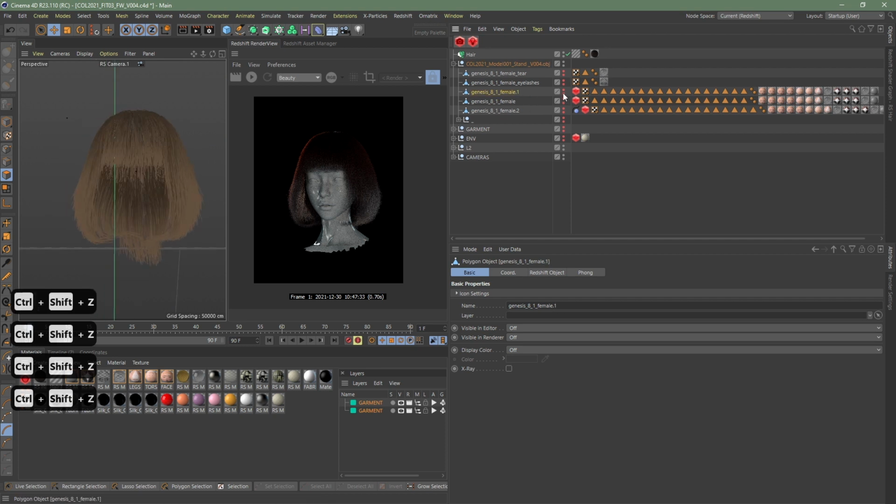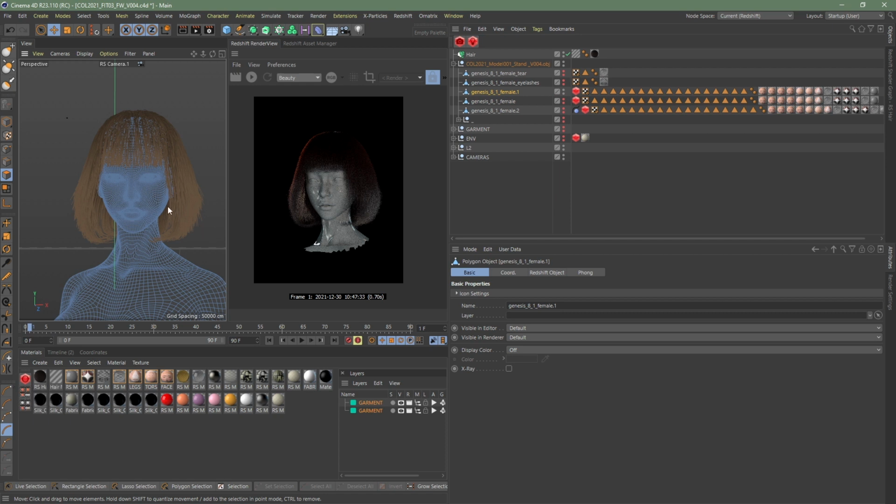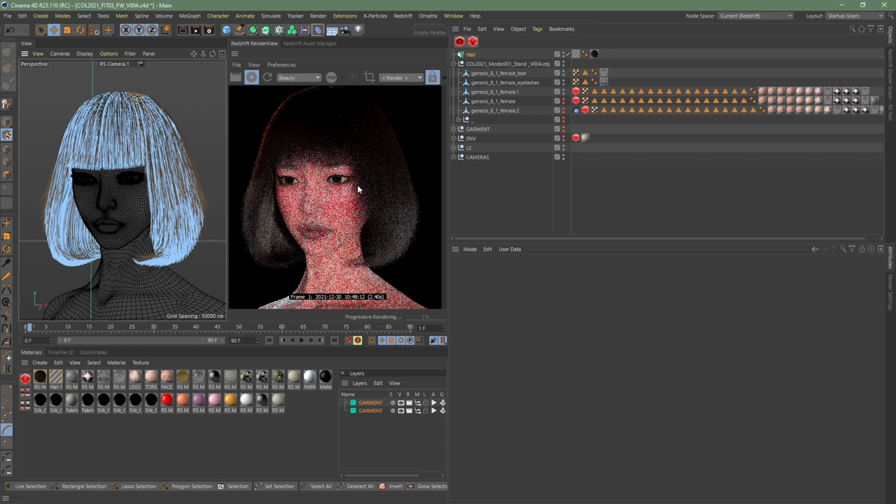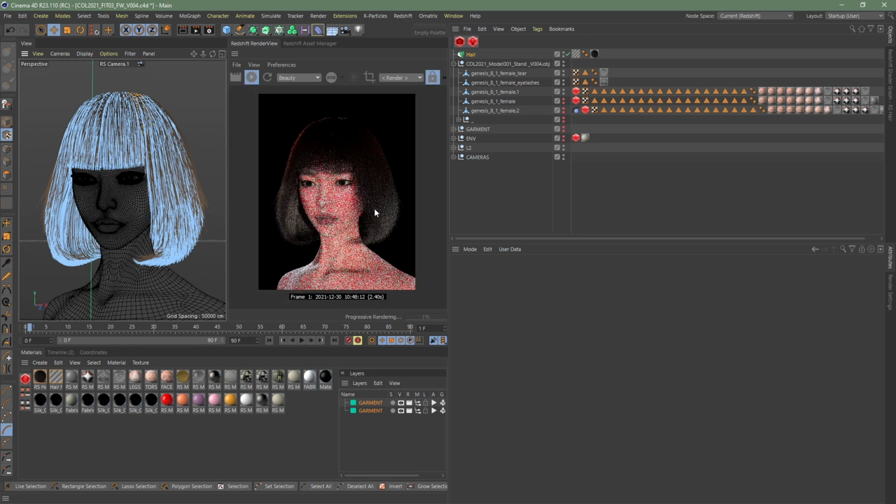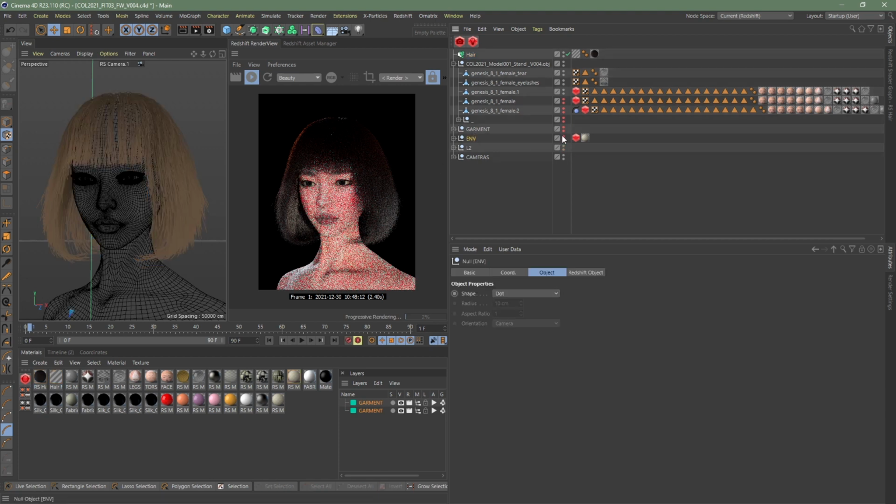But first, let's just pull our model back up. And there you can see we've got our hairstyle now, which is